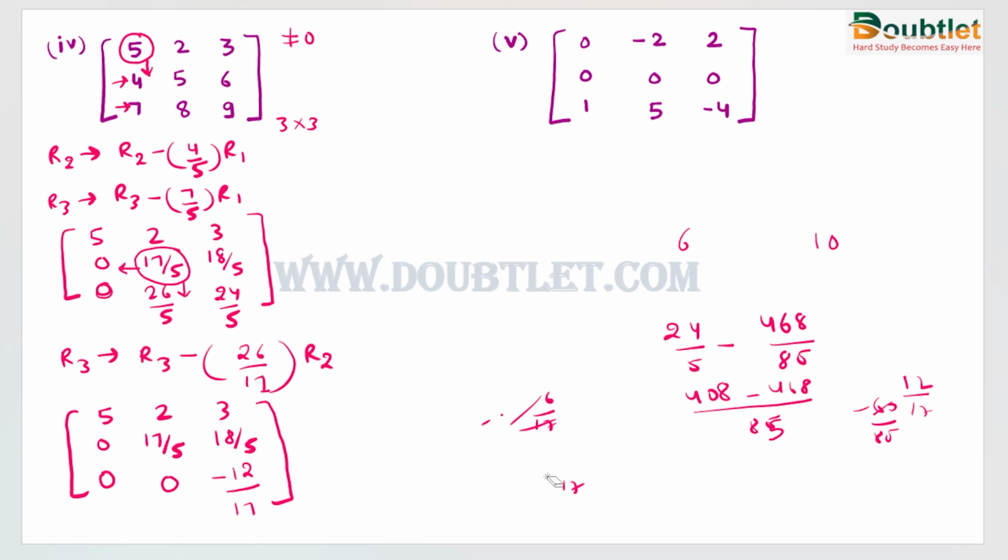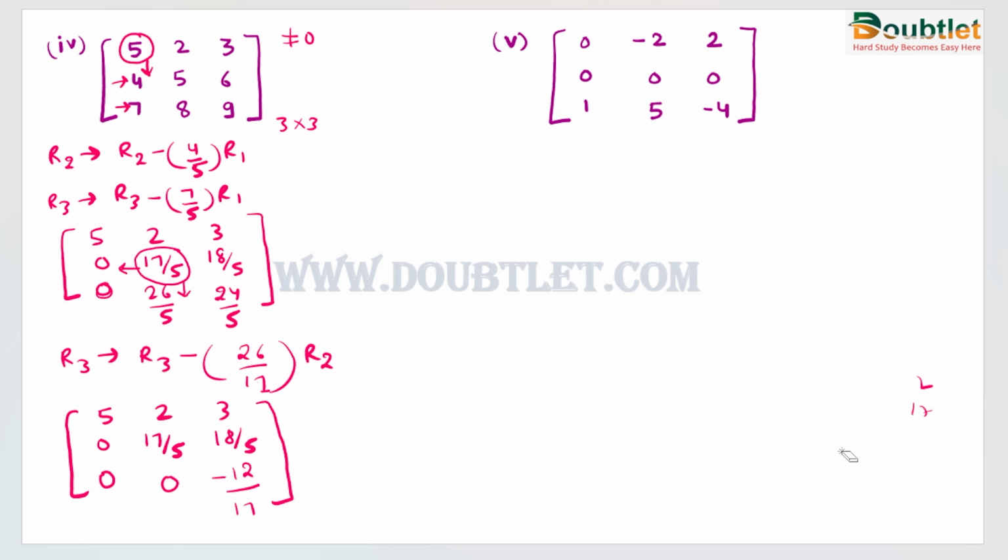So this was the calculation part. Now we will check all the conditions thoroughly, whether the obtained matrix is satisfying all the conditions of row echelon form. So what we will check: the first leading element, and below this all the elements are 0, and to the left of this all the elements are 0. As no element is present, this condition is null and void.